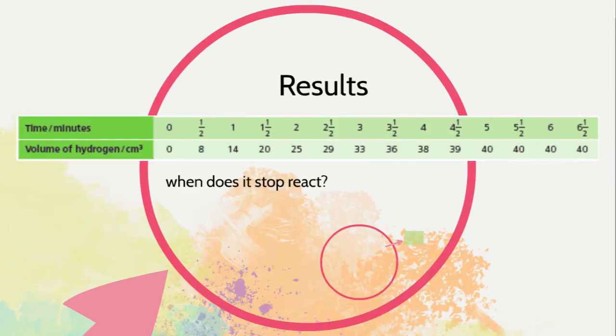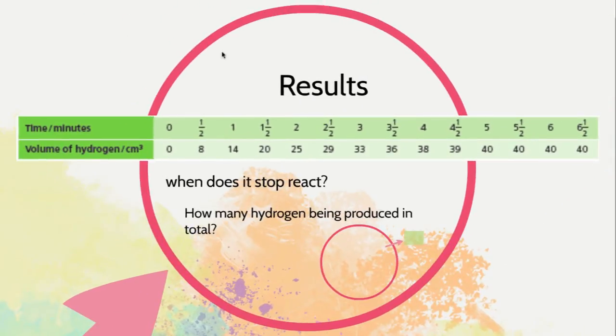So when does it stop reacting? You can say that at 5 minutes, it stopped reacting because there's no more hydrogen being produced. How much hydrogen is produced in total? So we look at the 5 minutes, and in total, the maximum amount of hydrogen is 40 cubic centimeters,